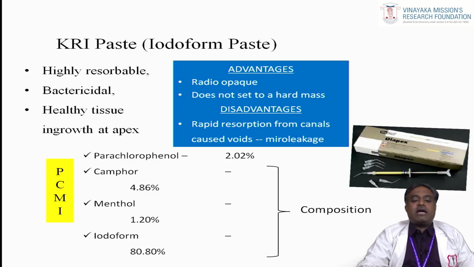Next is KRI paste, that is iodoform paste. It is highly resorbable, bactericidal, with healthy tissue ingrowth at the apex. Advantages of this KRI paste are that it is radiopaque and does not set into a hard mass. The main disadvantage is rapid resorption from the canals, which causes voids and micro leakage. The composition of this KRI paste, or iodoform paste, is parachlorophenol 2.02%, camphor 4.86%, menthol 1.20%, and iodoform